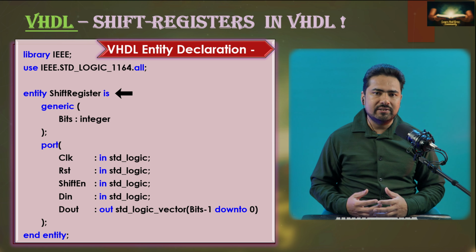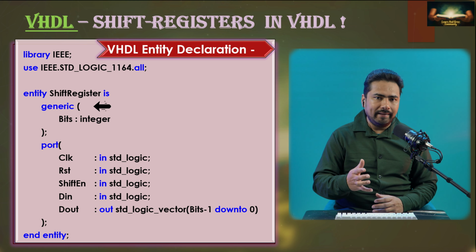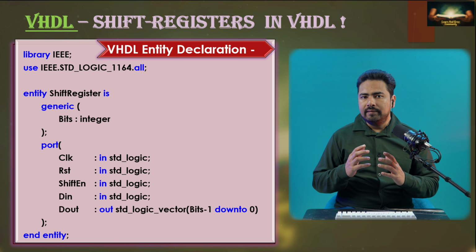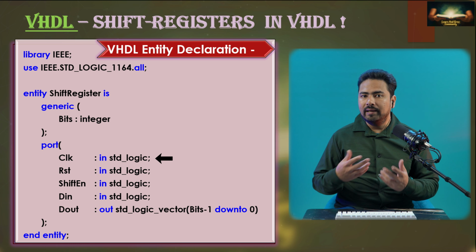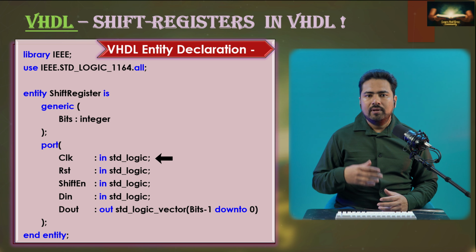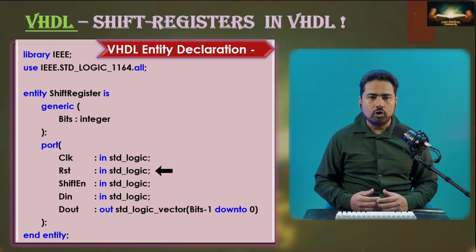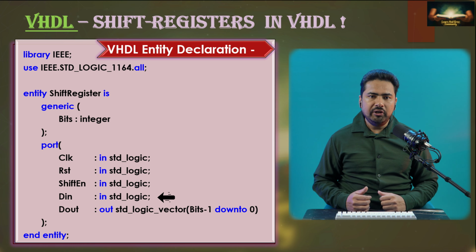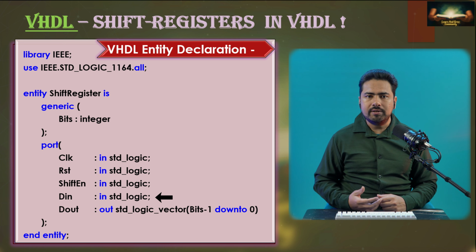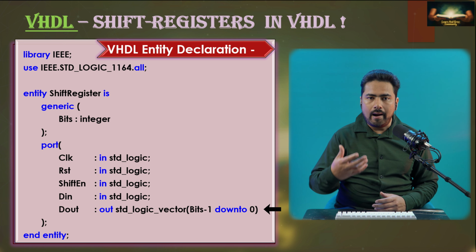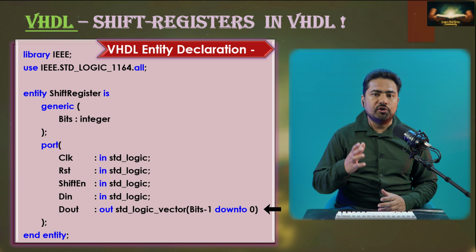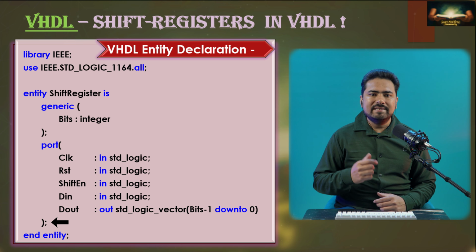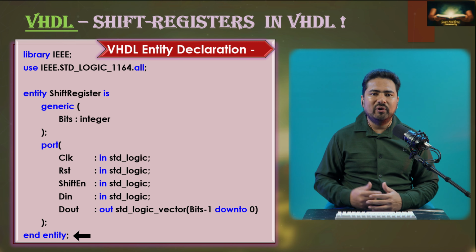Entity shift_register is generic (bits : integer); port (clock : in std_logic; reset : in std_logic; shift_enable : in std_logic; d_in : in std_logic; d_out : out std_logic_vector(bits-1 downto 0)); end entity;